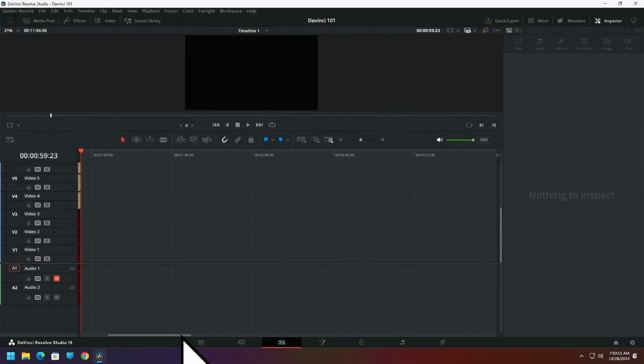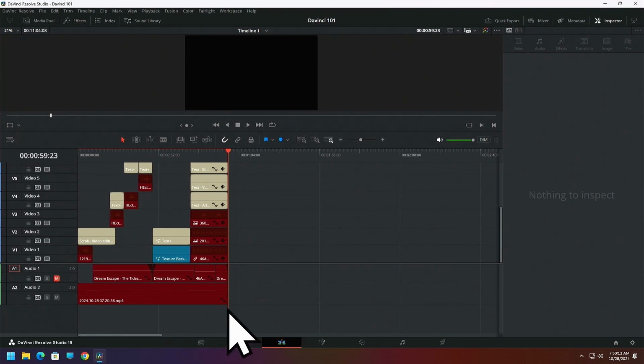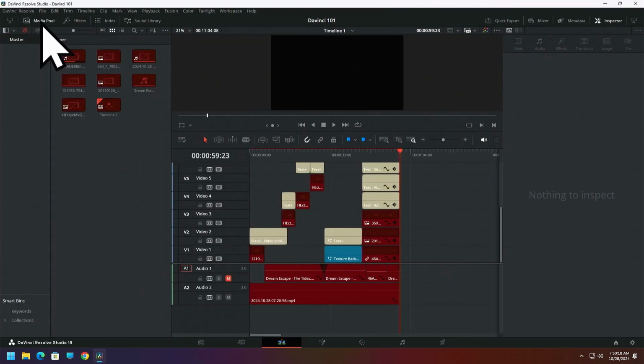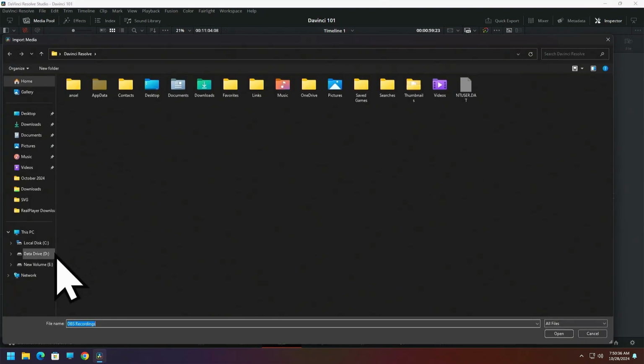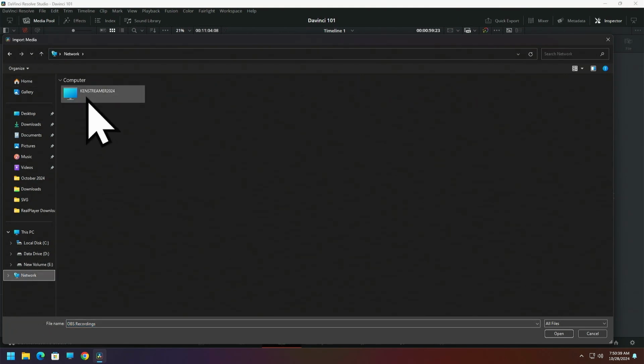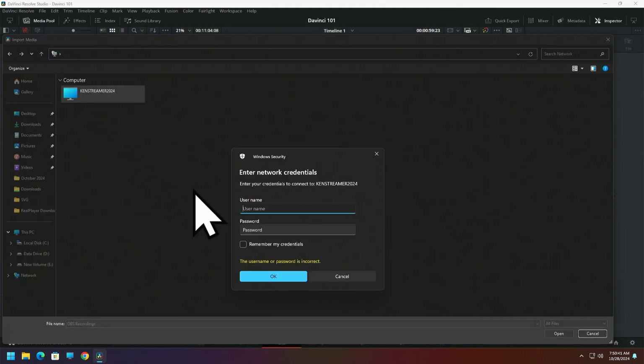And then we're going to go see that I seem to have lost a lot of stuff. It just tells me my media is not there. And I'm going to have to figure out what's going on to make this work. But I can come back to that because I believe it's telling me my machine is no longer connected to my other machine. I can verify that by going to import media, going down here to network, going down to my streamer, typing in